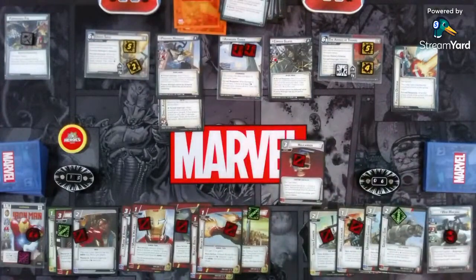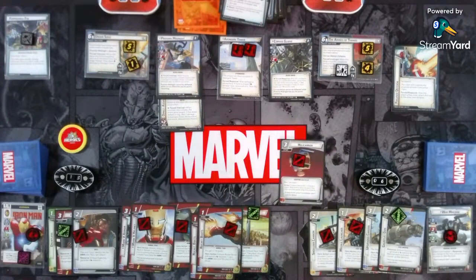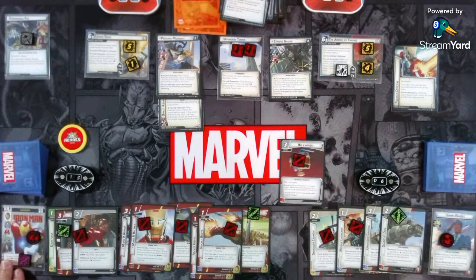I am going to exhaust to thwart 1 off of the main. And then we're going to flip down. We'll see if that causes us to pop. But if it does, it does. All right. That is Rhodey's turn. So we are going to